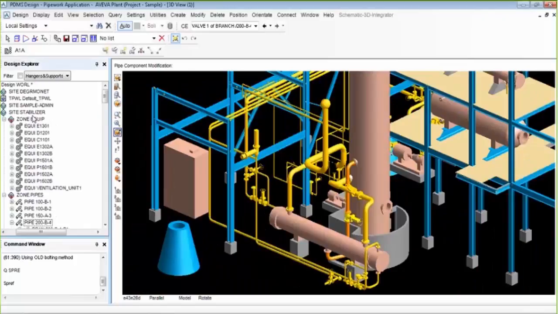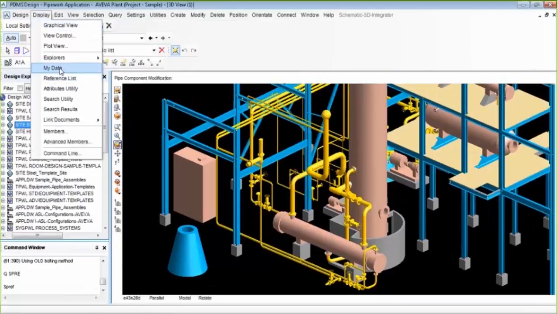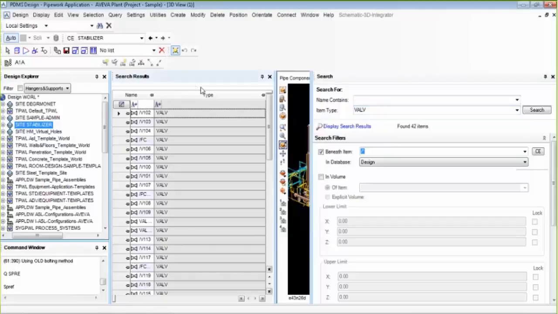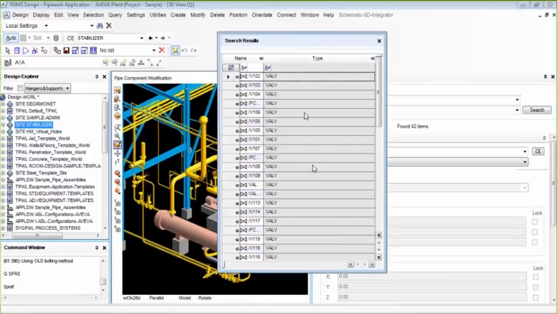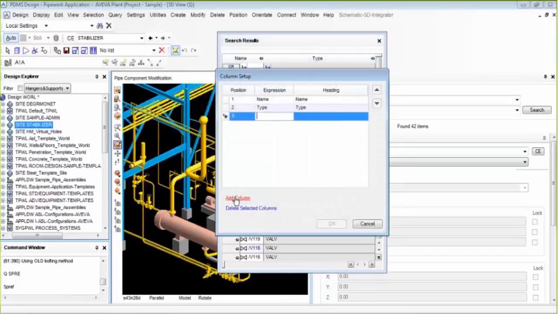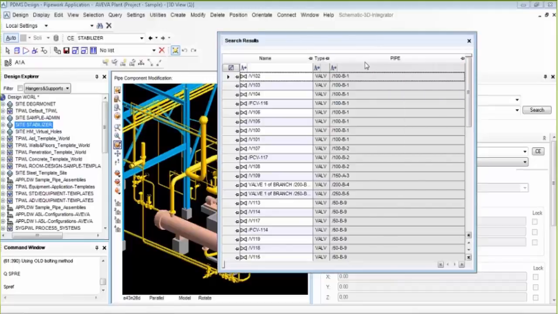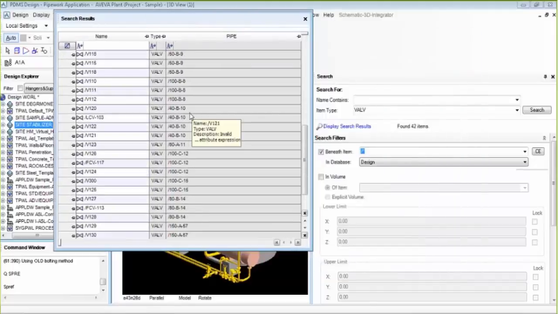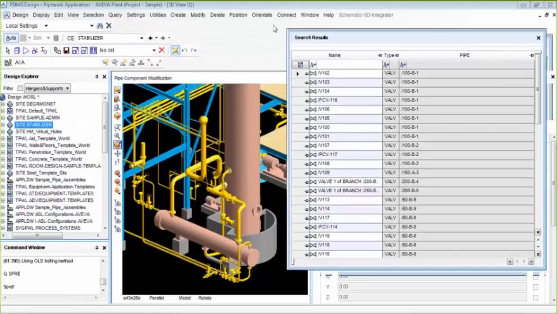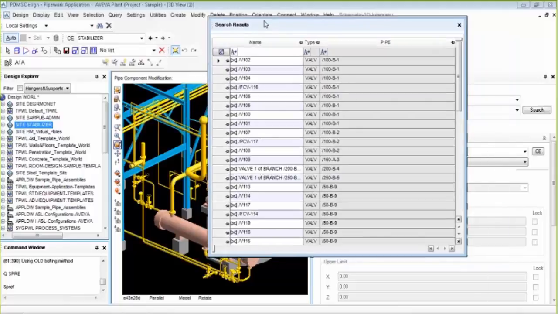We can again use the search facility in PDMS. Like I want to search all the valves in my project placed in my model. So you just have to type. See, all the valves are placed here. Now I want to check in which line these valves are placed. That is the line numbers, and these are the valves which are placed in my model. Similarly, I can search anything like this. This is called the search facility.